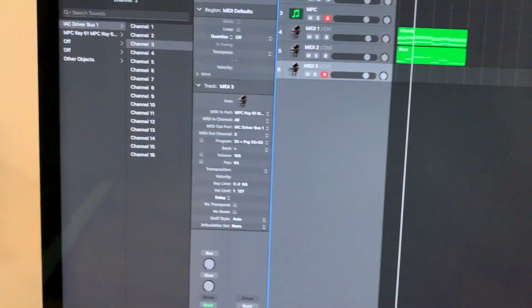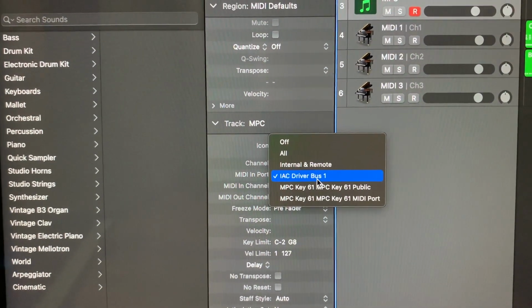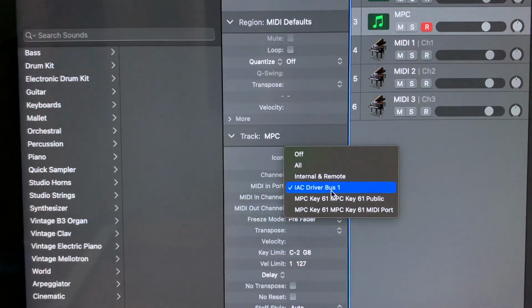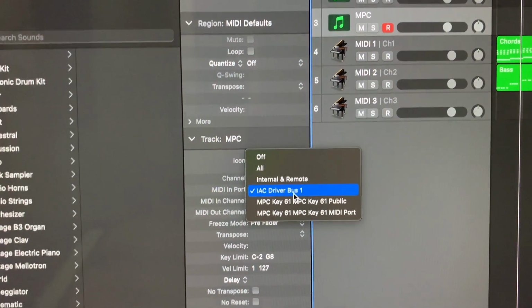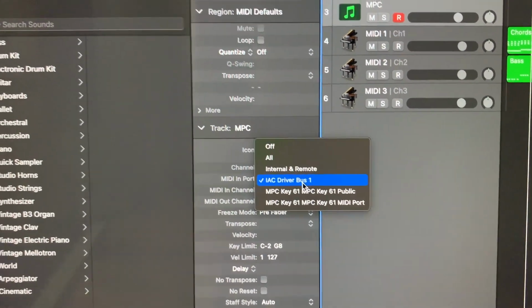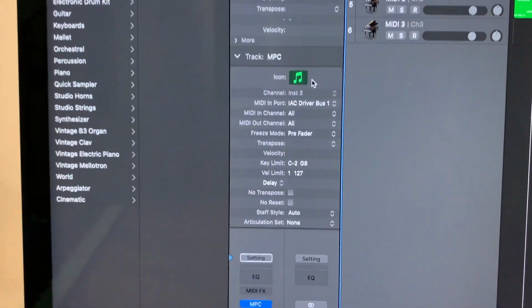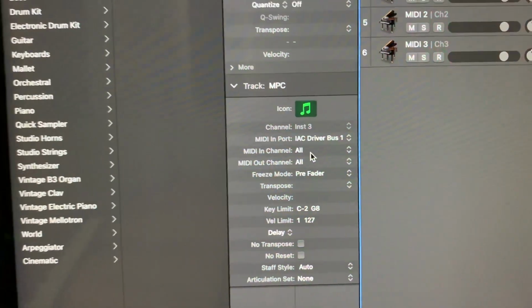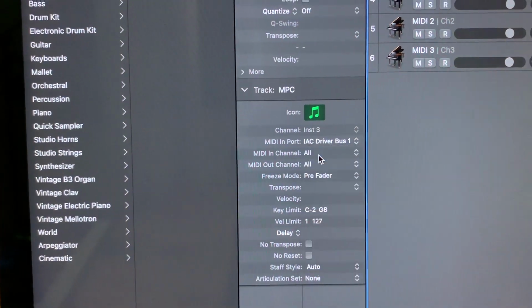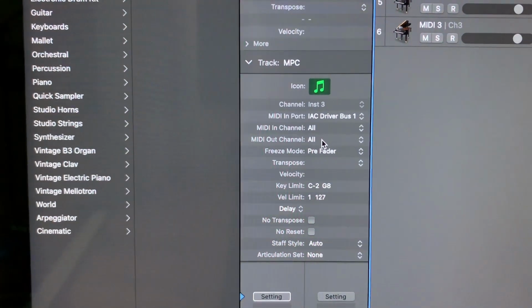In Logic, here I have it on IAC driver bus 1, and on the channel strip itself, MIDI channel, well, it's receiving all because this is the plugin, the actual software,